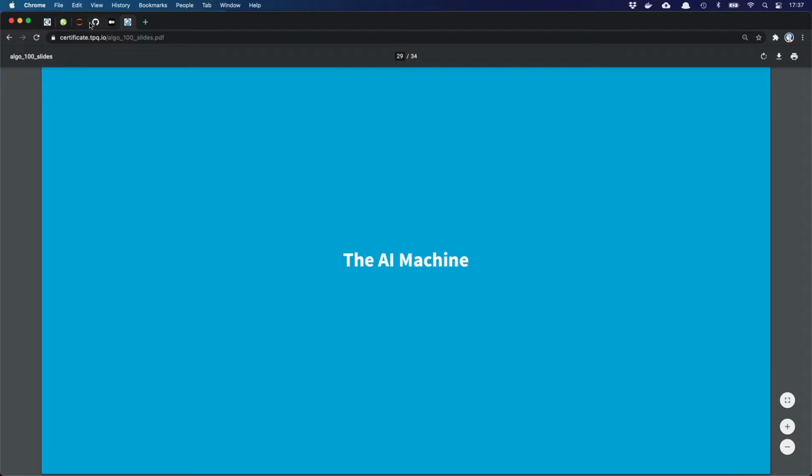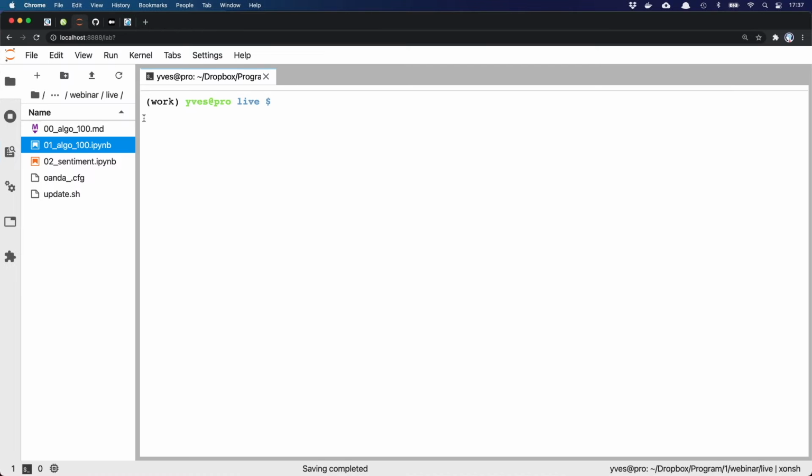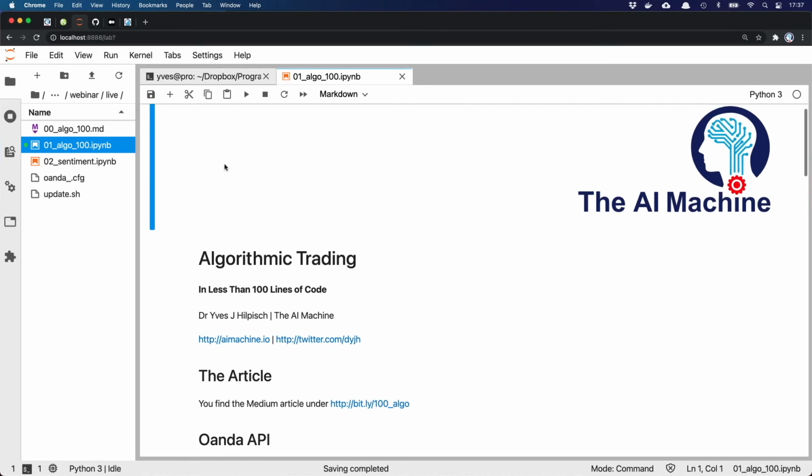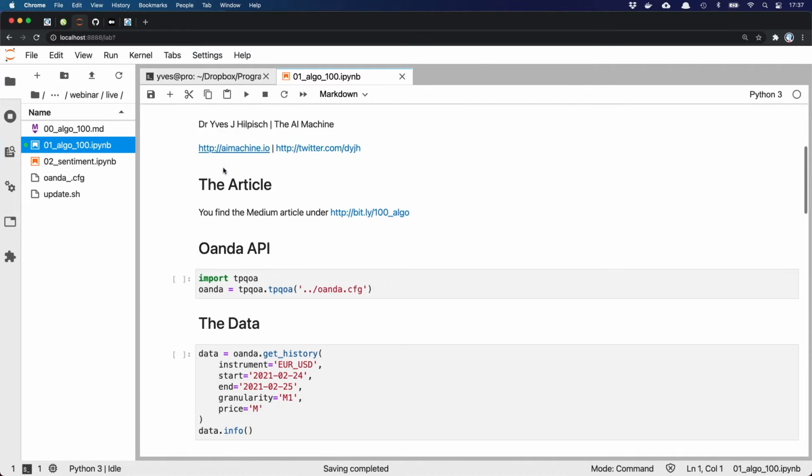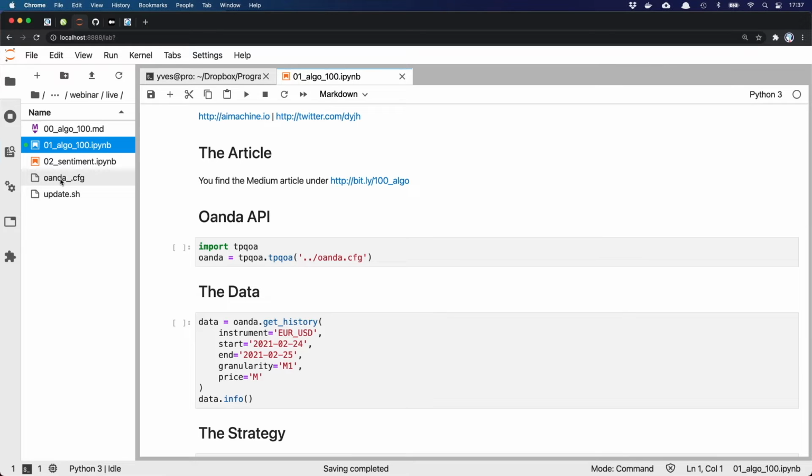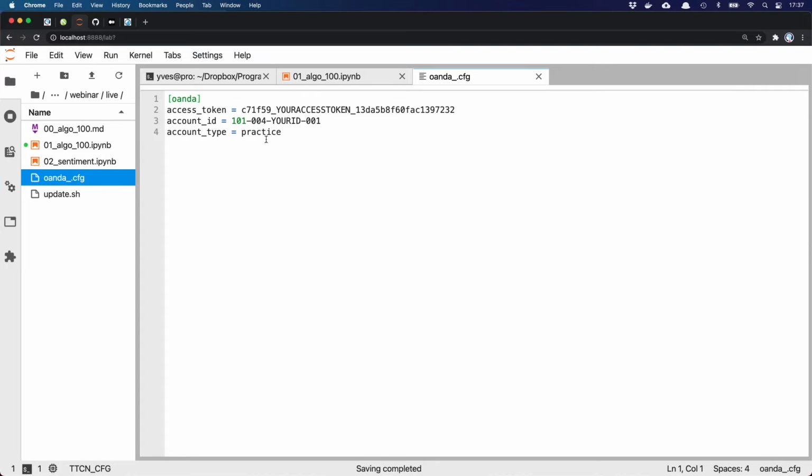Before we get to the AI machine, let me dive into the code side of things. I'm going to open my Jupyter Notebook. What we need is, here I have a sample config file, just so that you see how this looks in general. This is also found in the gist. You can use that as a template and replace it. When you open it, these are simple text files, nothing special.